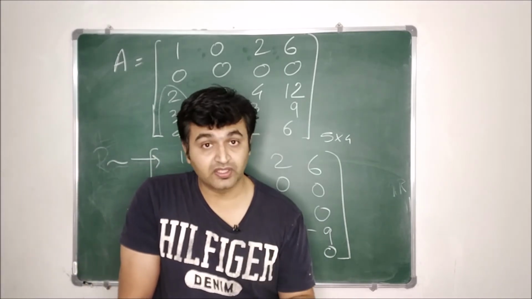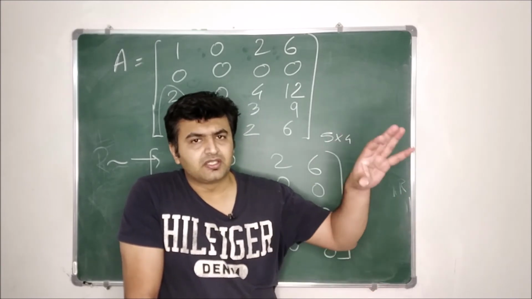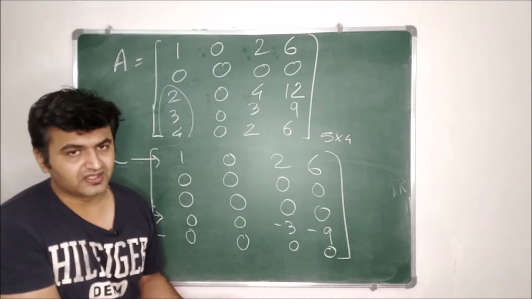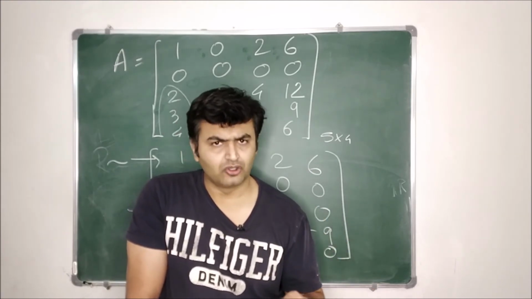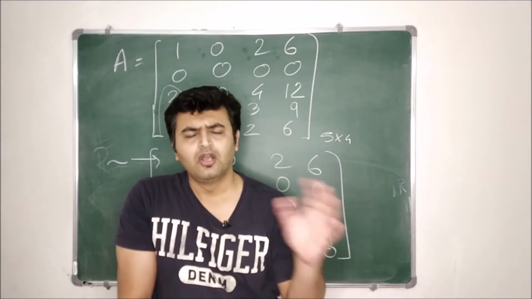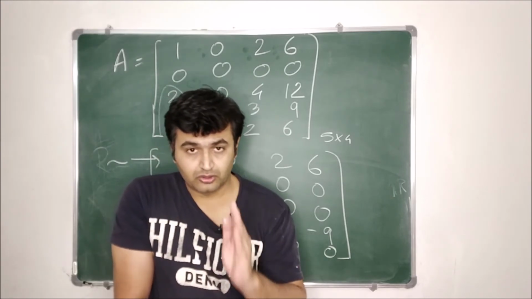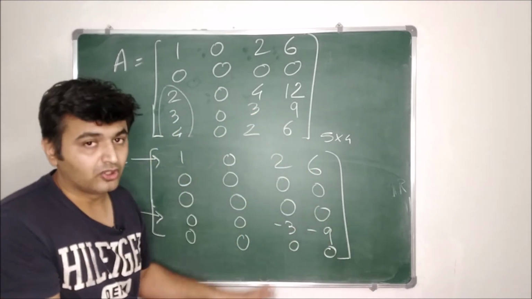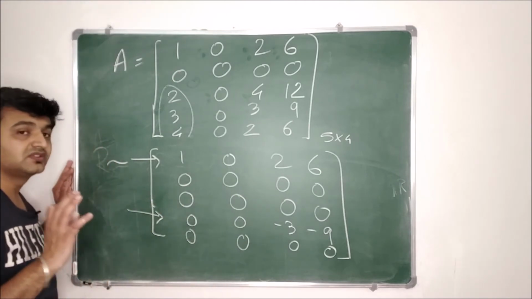But that's not the definition, okay? Many times when I ask what is the rank of a matrix, students usually say that you take a matrix, apply row operations, then after doing the row operations, just see how many non-zero rows are there. That is the rank. That is not the definition, that is the technique to find the rank. The actual definition is the number of linearly independent row vectors or number of linearly independent column vectors. So make sure you are clear with the difference between the definition and how to find the rank. This is an algorithm or a method to find the rank. Once you do the row operations, you just see how many non-zero rows are there.